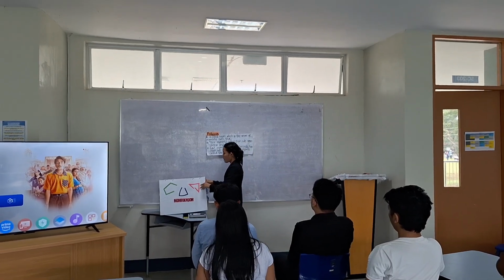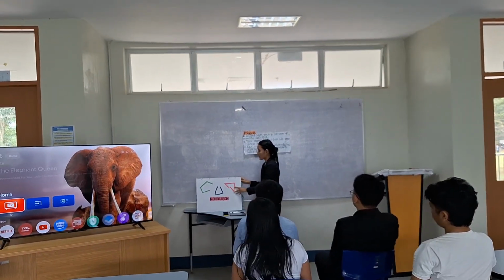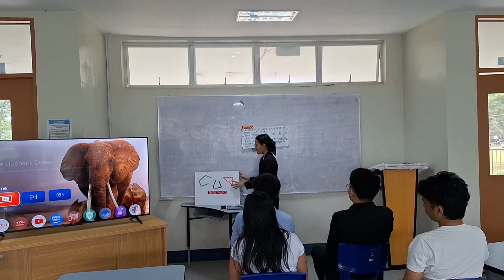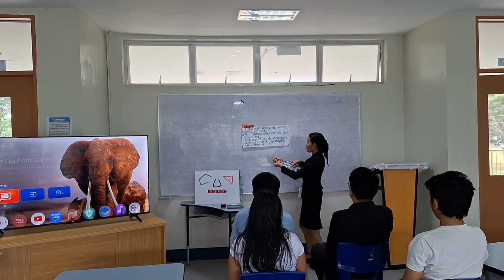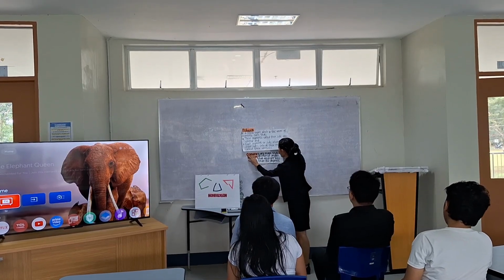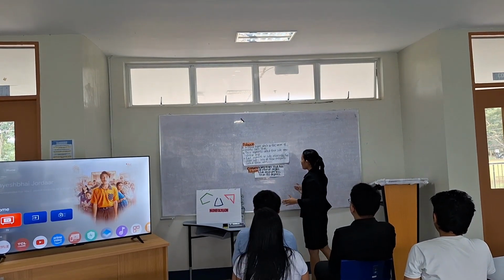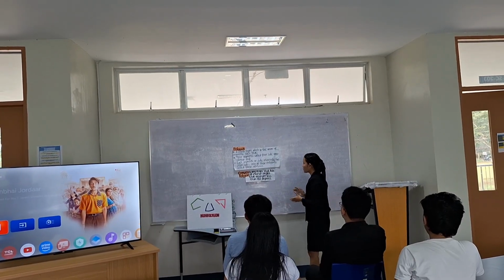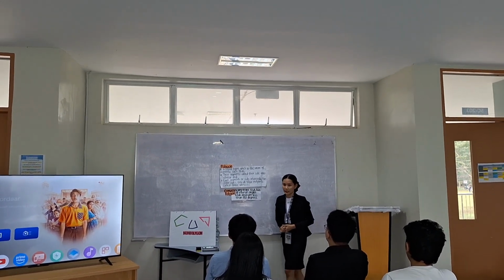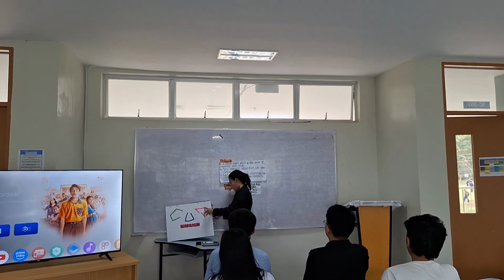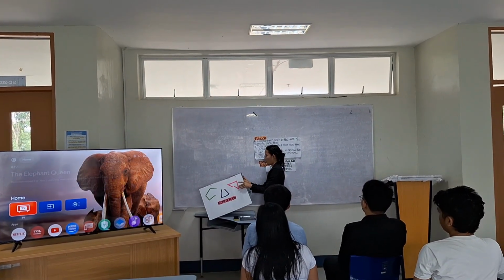Okay, so here are three important things that we must remember in class. First is a convex polygon. So let me read to you. A convex polygon is any shape that has all interior angles that measure less than 180 degrees. So this one here is an example of